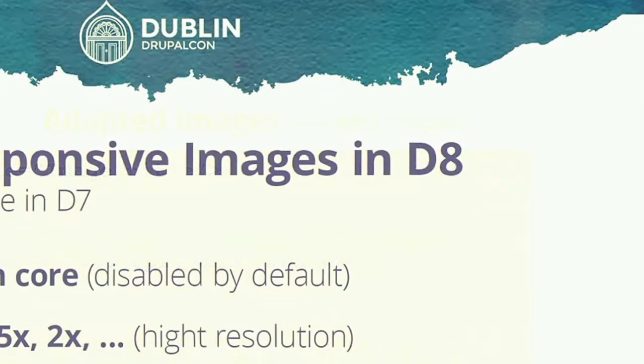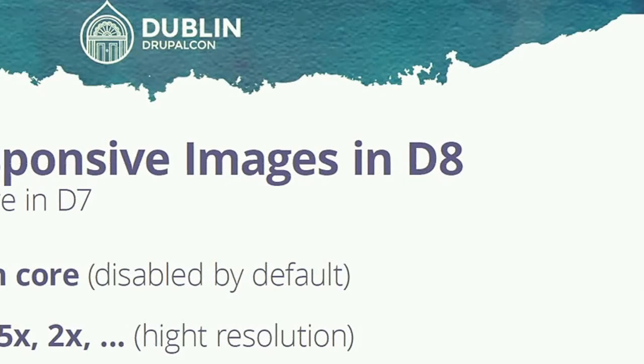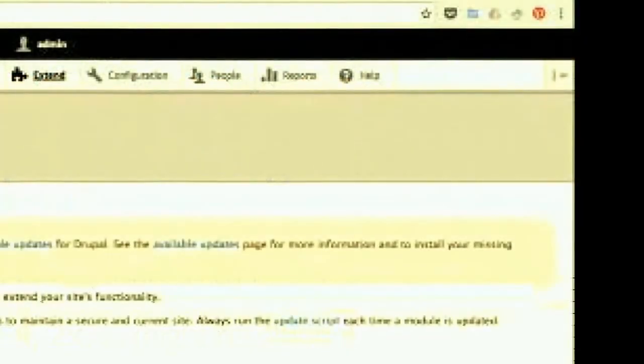That's picture. So on Drupal 8, we have responsive images, the old picture. In Core, it's disabled by default, but it's really quick to enable. And it supports, because breakpoints already does, different resolutions. And we also have lazy load, and Drupal 7 is on the picture module. Is a contrib on Drupal 8. And I have a quick